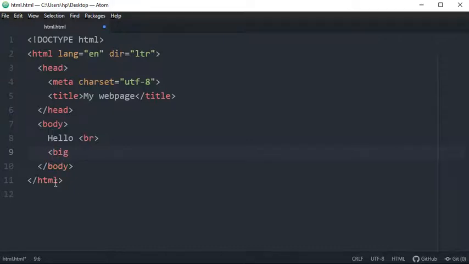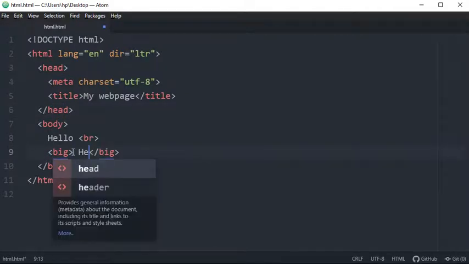I have to manually enter the whole tag. So this is our opening tag, and this will be our closing tag. Now you can see its color has already been changed according to the code editor. The color has already been given to this big tag.